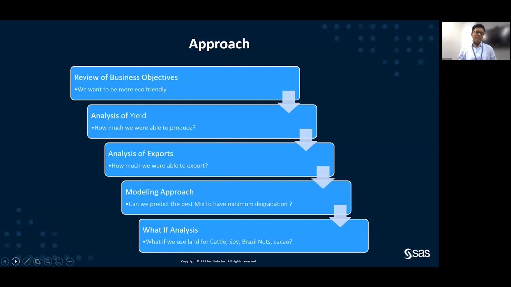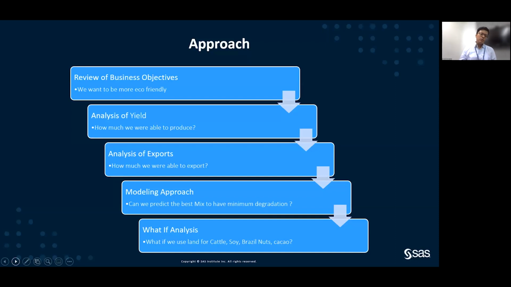And then when we have identified all other time series which are influencing this target variable, we try to build a model on that in order to do some forecasting and see how much we would be benefiting in terms of revenue, as well as how much we would be saving in terms of degradation. So this model, once we built it, we also built further the mix optimization model, that is, what-if